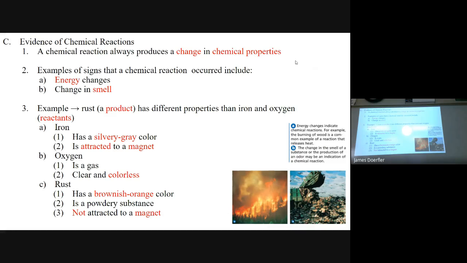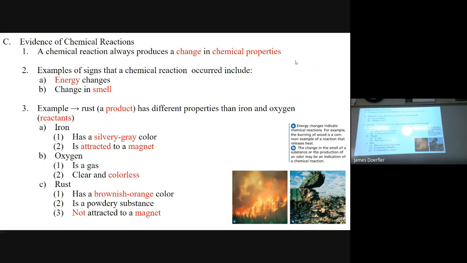So, how do we tell if there has been, in fact, a chemical change occurring? In order to have a chemical change, we have to have a chemical reaction. And this will always produce a change in chemical properties. Some signs that we might be able to tell if a chemical reaction has occurred include energy changes, changes in smell. Some not listed on here are production of gas bubbles,